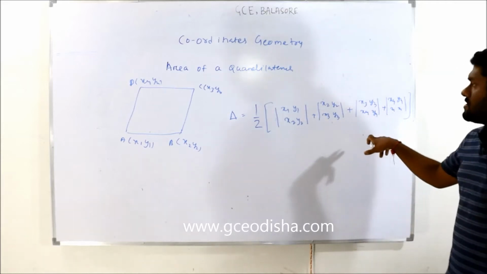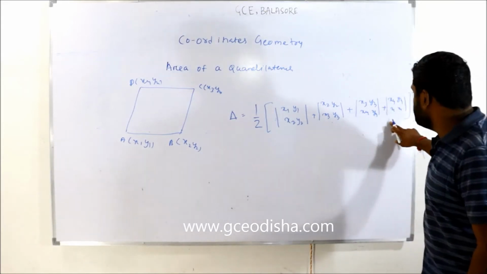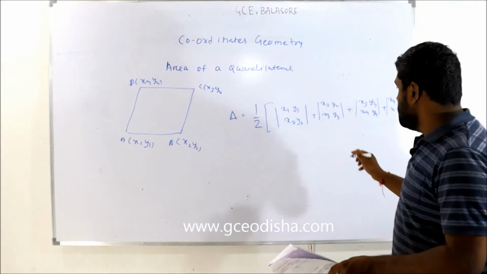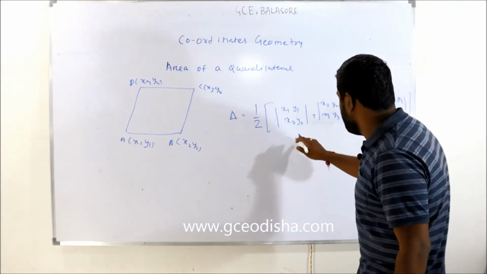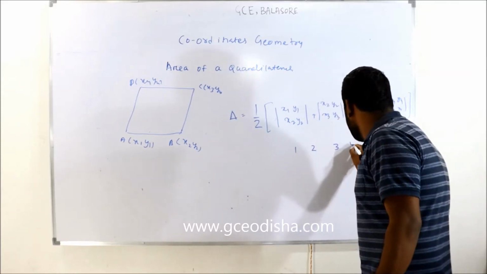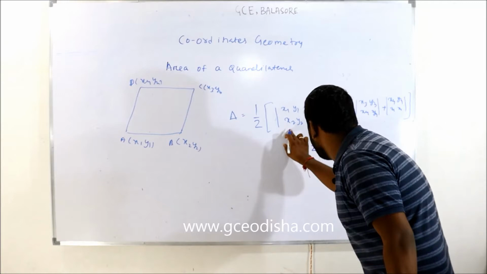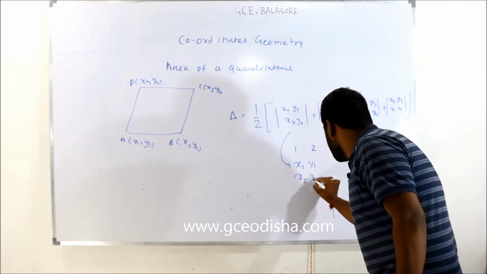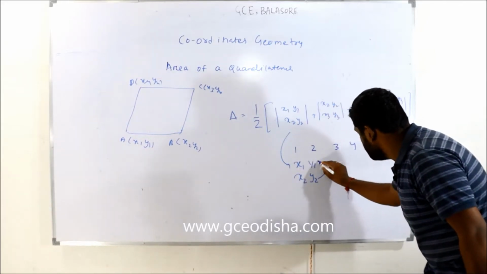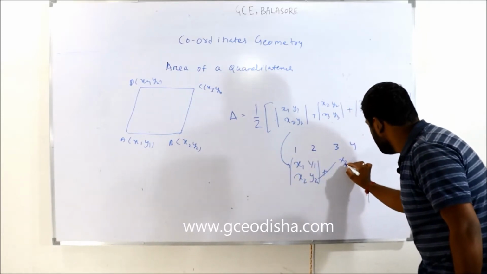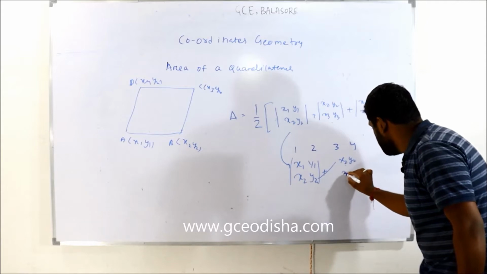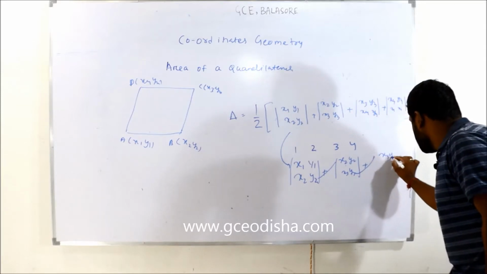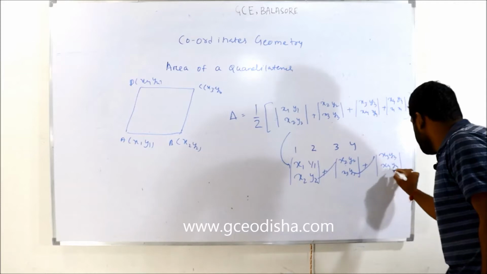Find the determinant of each of these, add all of these determinants, and multiply with half, and we can find the area of the quadrilateral. The simple thing is there. There is an easy trick to remember this: there are four points, 1, 2, 3, 4. For the first determinant, take x1 y1 and x2 y2, then 2 comes here, x2 y2, then after 2 this is 3, x3 y3, then 3 comes here, x3 y3 with x4 y4, then 4 comes here,